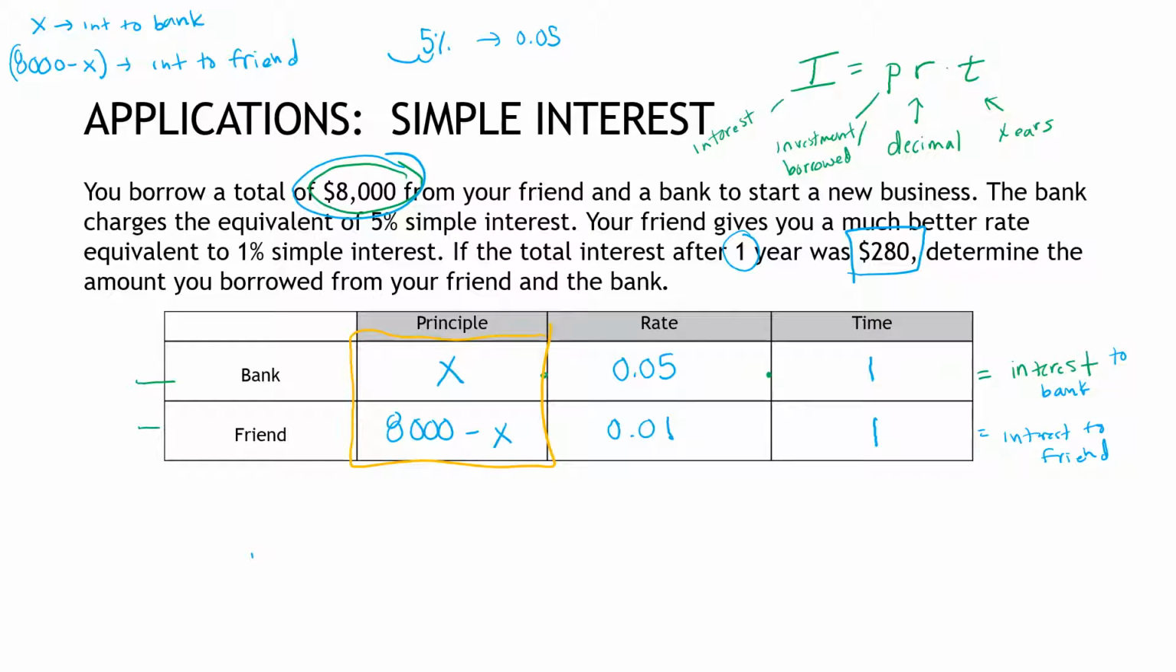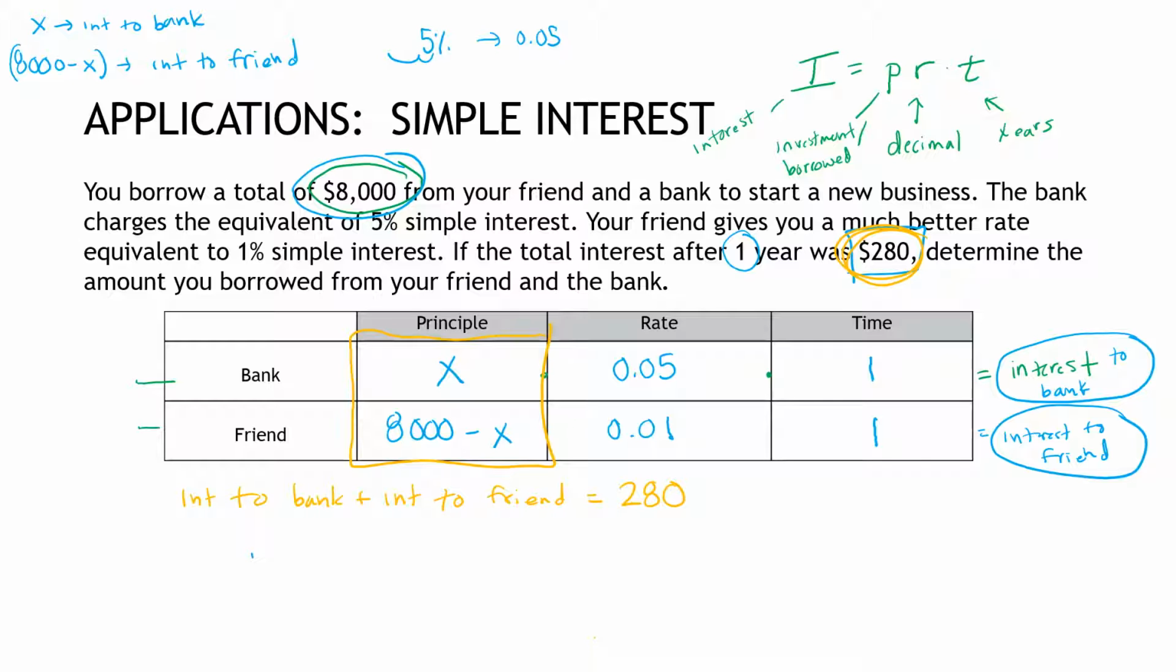So I need to think about how this is going to work. I know that if I take the interest from the bank and if I take the interest from the friend, so down here I'm going to put interest from bank plus interest from friend, or to friend, I guess, those should both be twos. That's going to equal $280 because they told me that. The total interest after a year was $280. So what can I write in for the interest? Let's change that to the bank